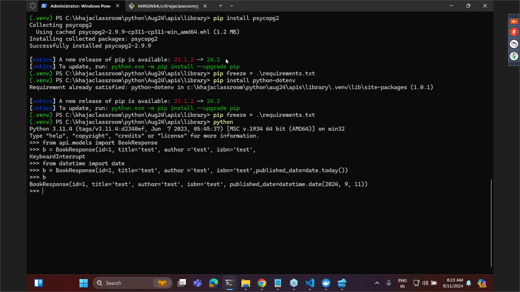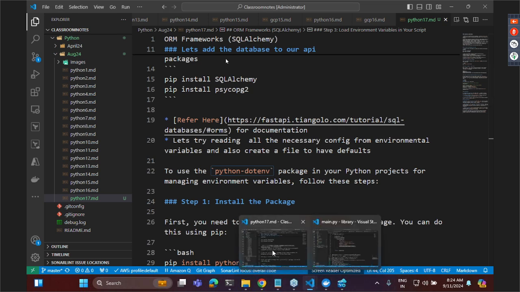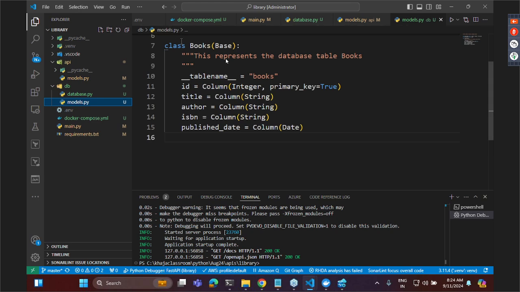Now the point is this is something which the API gives me. If I have to go to the database, I have altogether another class which I need to worry about, which is in models, there is something called